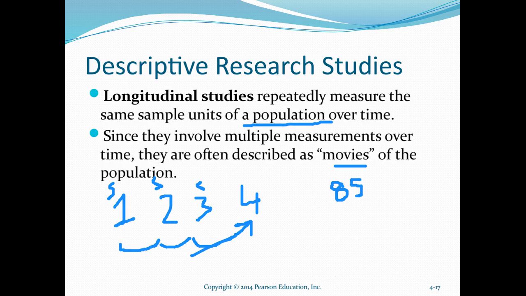85 years on the same individuals. It was commenced in 1938 when they merged two groups. One was Harvard college sophomores, and the other were disadvantaged youth from Boston. And this study is still going on, to be honest. And they found out that close relationships are more critical to longevity and happiness than wealth, fame, and